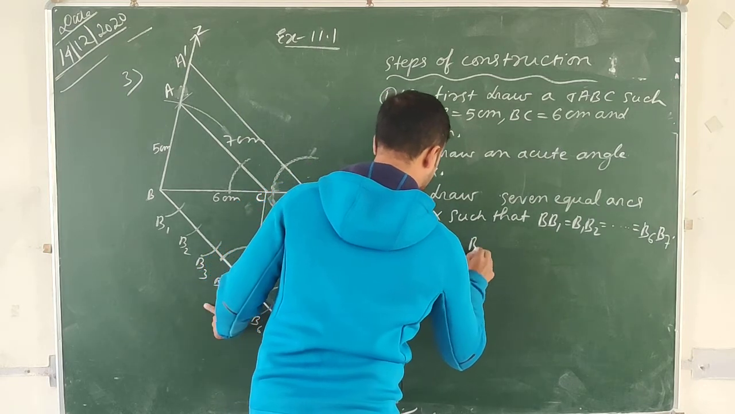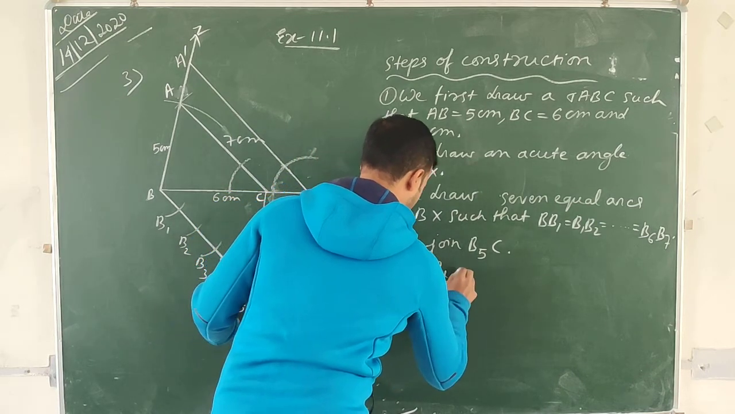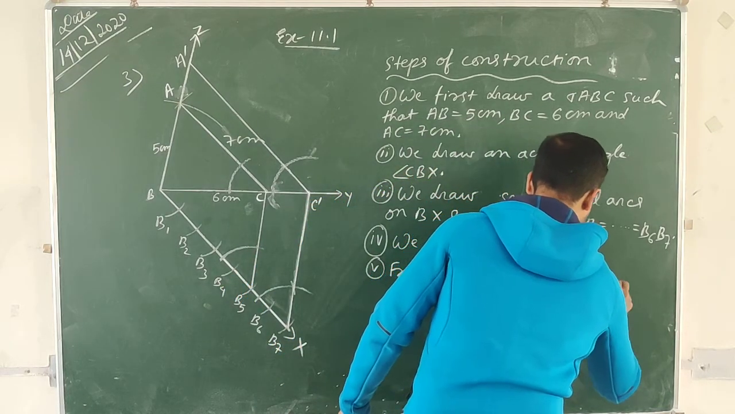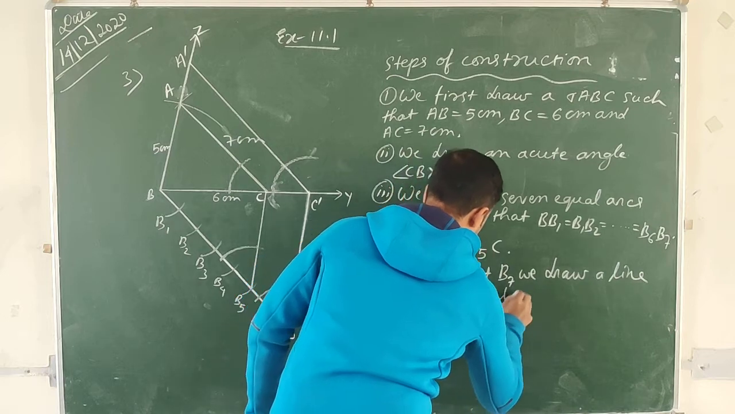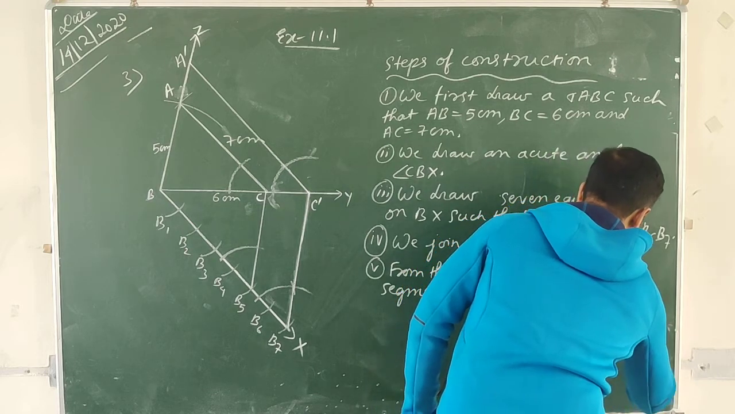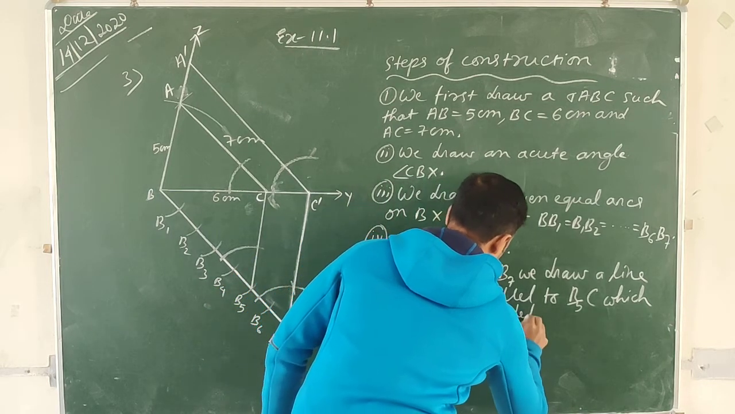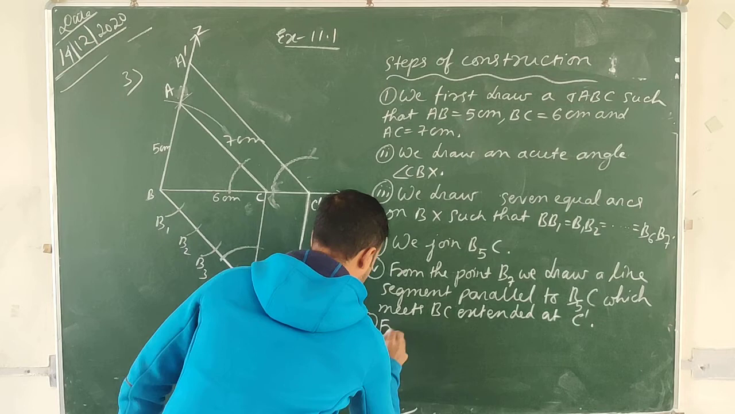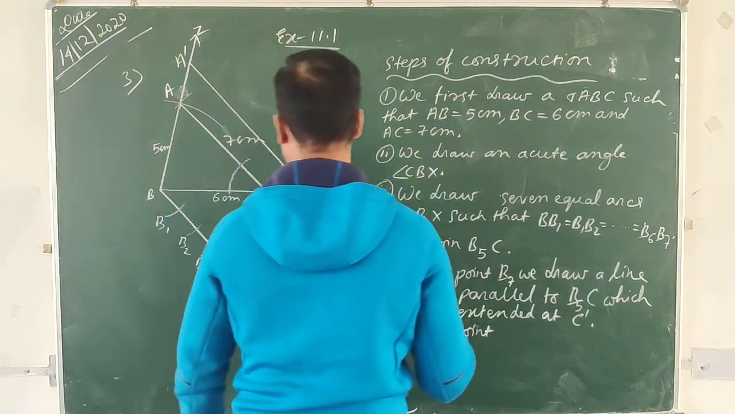Join B5C. From the point B7, we draw a line segment parallel to B5C, which makes BC extended at C dash. From the point C dash,